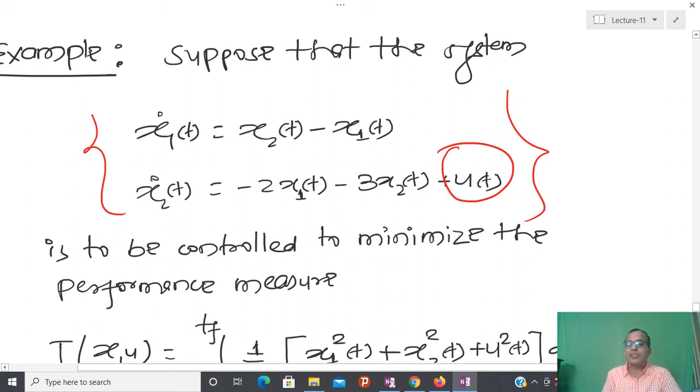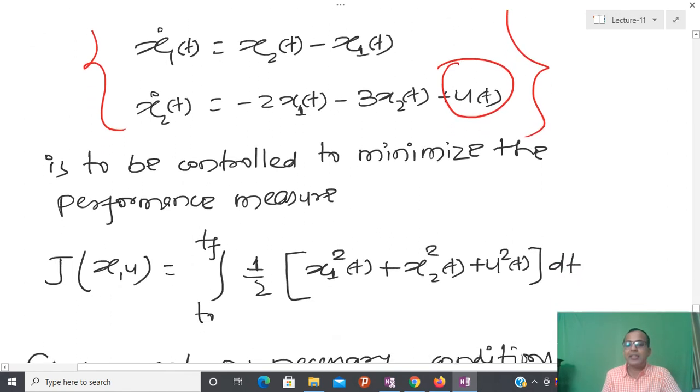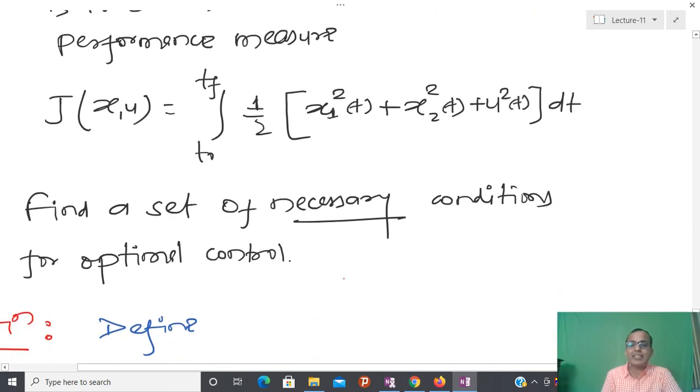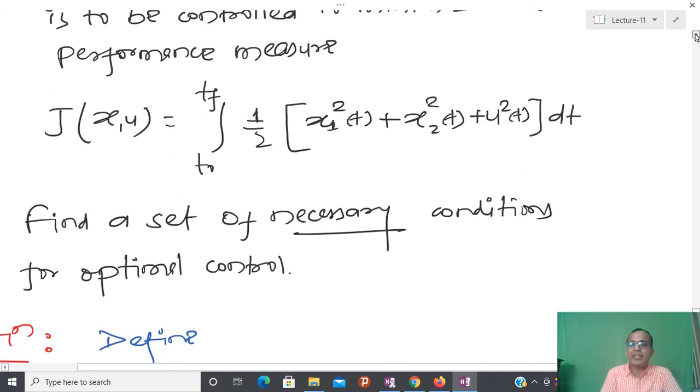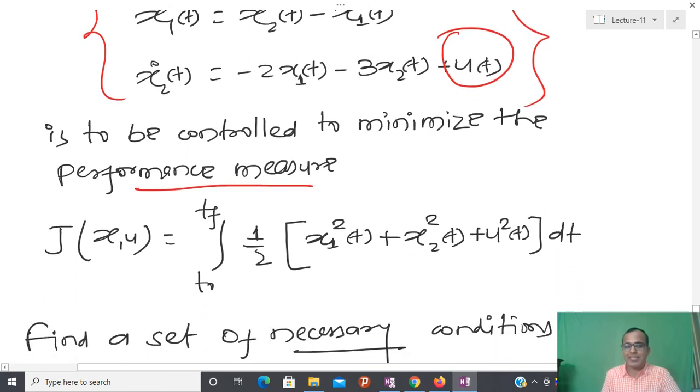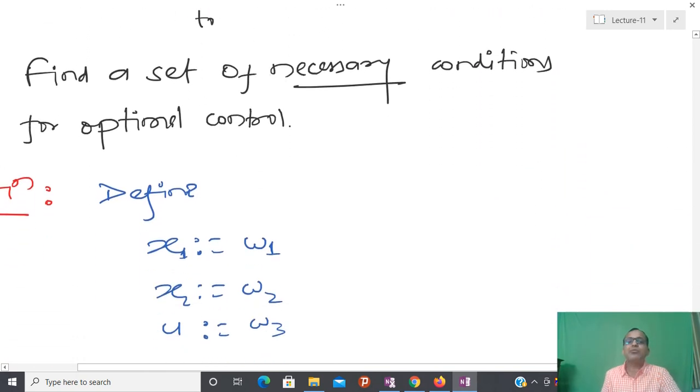Now suppose some performance measure is given like this, and I have to find the set of necessary conditions such that whatever control I am telling here is optimal. So that is the problem. You can see that I have only one independent variable, that is control, and I have a two-dimensional system, and I have to minimize this performance measure, and for that I have to find the